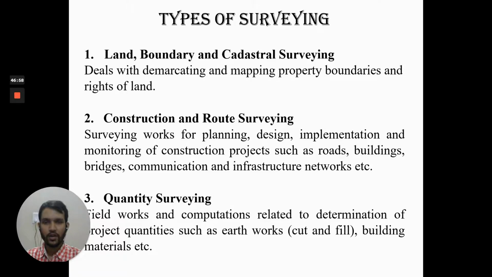Route is for roads, you can say. The roads that are being constructed, bridges that are being constructed, or any other infrastructure works that are there, for those also survey work has to be done. As I told you, for a road, suppose a curve is to be given, then the road won't be horizontal. For that, if the radius of the curve is known to us, based on that we need to locate the points by which our curve will be rotating.